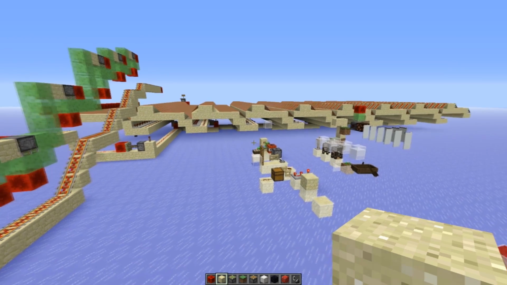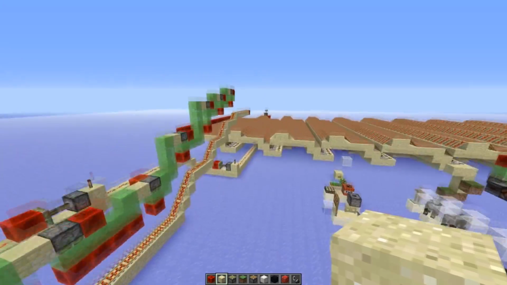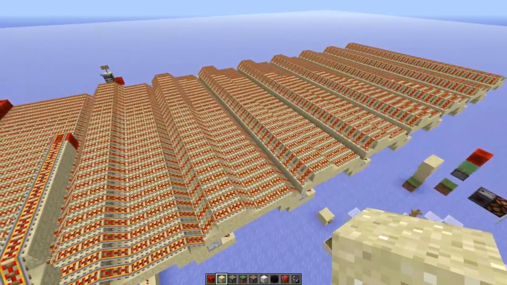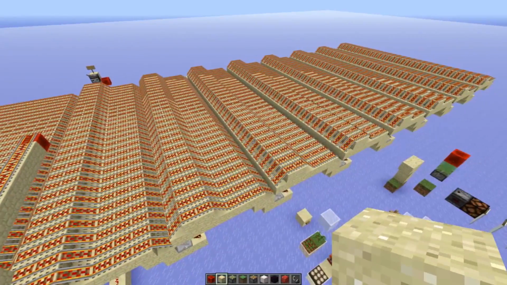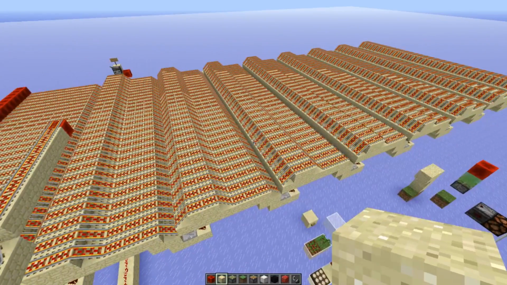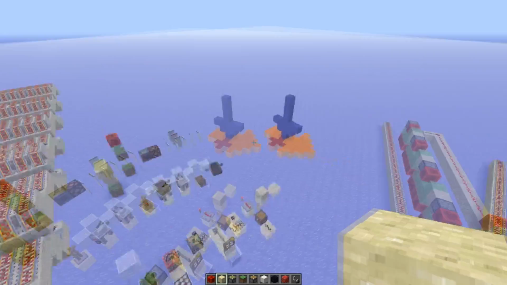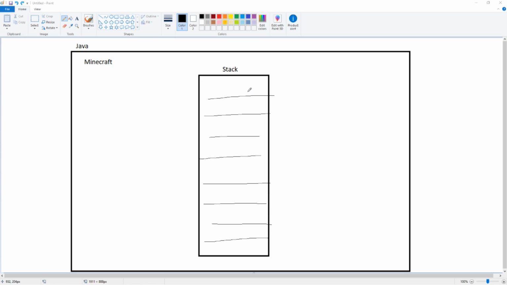So how do you even trigger this update suppression? Simply by filling the stack, and the stack is something I need to draw up an illustration to describe, because it's kind of an abstract term. So here it is. This is super simplified. Obviously it doesn't look like this, but this is a Java program. Minecraft is running on this Java program, and inside of it there is a stack. Just imagine it as a magical little house,